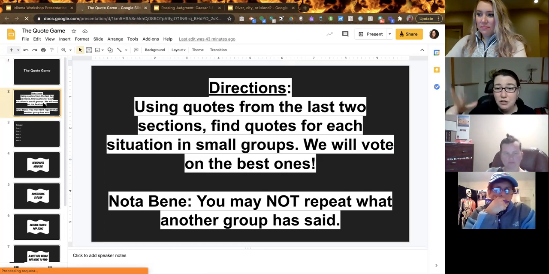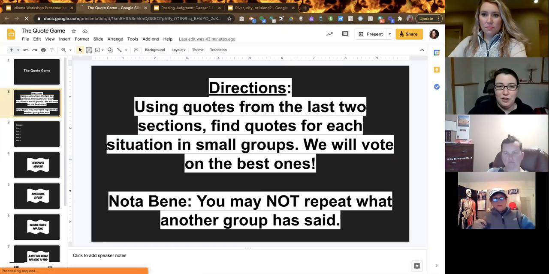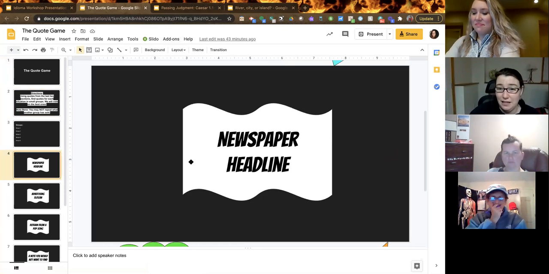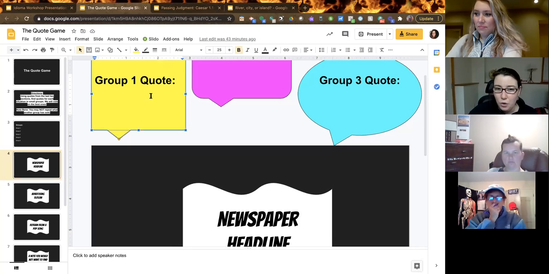And so here, using quotes from, in this case, the last two sections, whatever you want to use, find groups of quotes for each of the situations in small groups. Then we vote on who has the best one, which is so much fun. And you can't repeat what another group says. And so, best newspaper headline. What you do is your group will write the quote, and then when you've written the quote, you drag the shape onto here. So what I'll do is I'll just drag it on